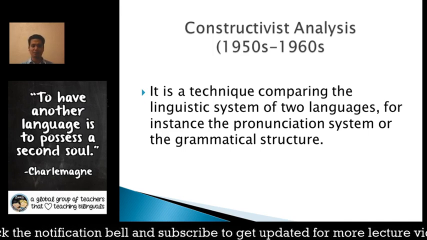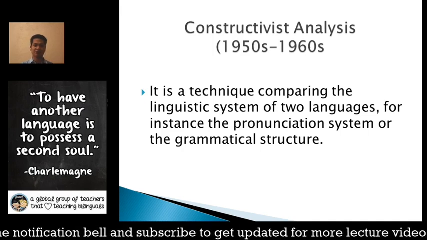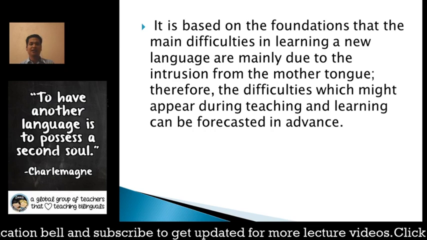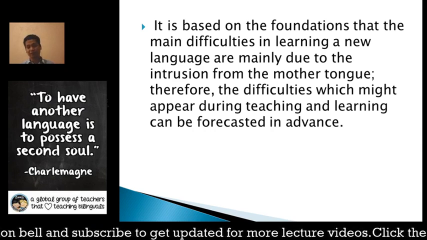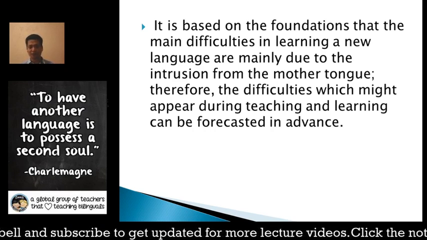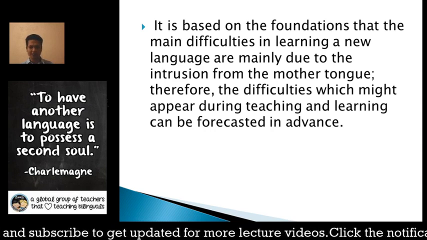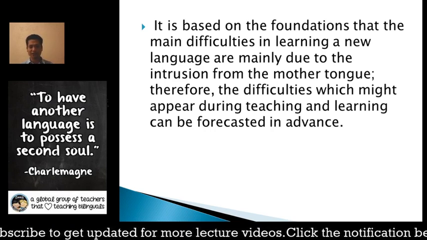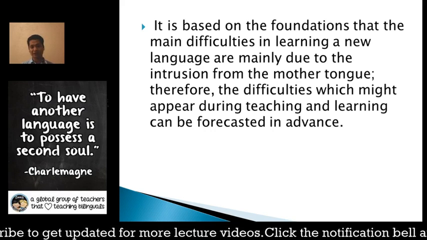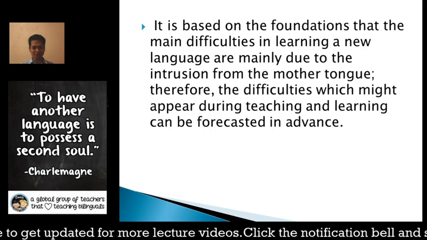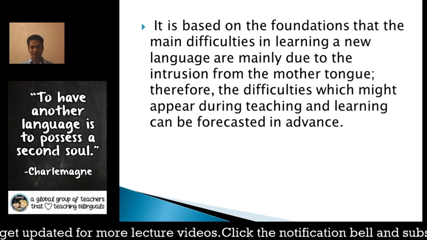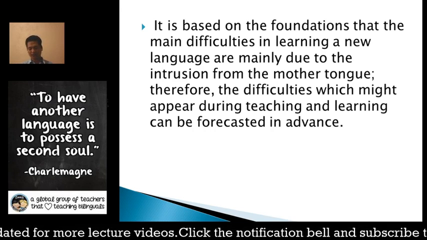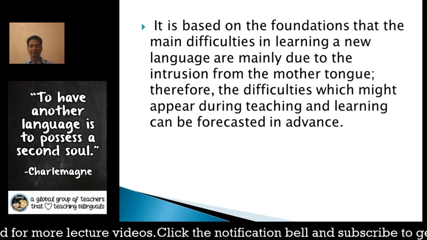So we tend to compare the linguistic system of two languages, right? It is based on the foundations that the main difficulties in learning the language. So this is called the interlanguage, actually. So it states here that the main problem in learning the second language is because of our first language. So it becomes now a hindrance, right? However, there are researchers right now who oppose this one, who debunk this theory. But based on this, let's try to